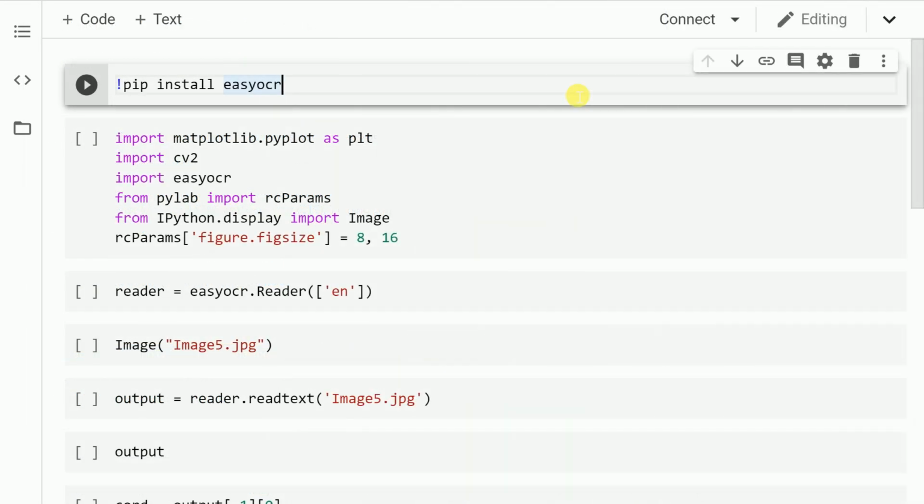I'm using Google Colab for the demo purpose and I've already selected the runtime type as a GPU given I have to make prediction from a pre-trained model. So the first thing that you have to do in order to run EasyOCR is to first install EasyOCR, and the way you do that is by running the command pip install easyocr. So let me run this cell.